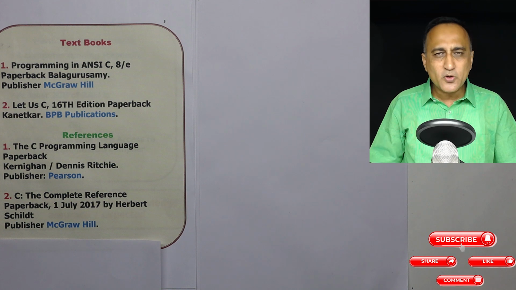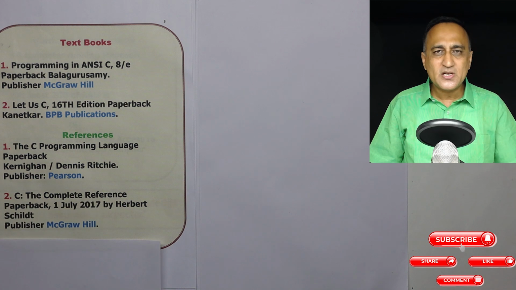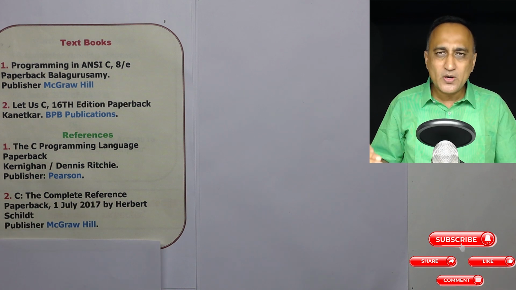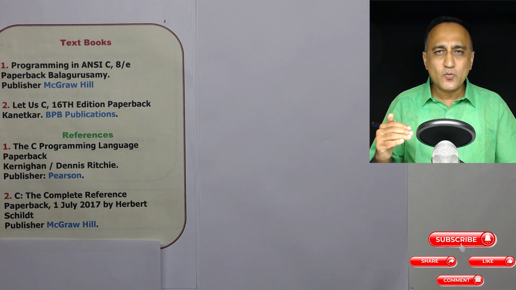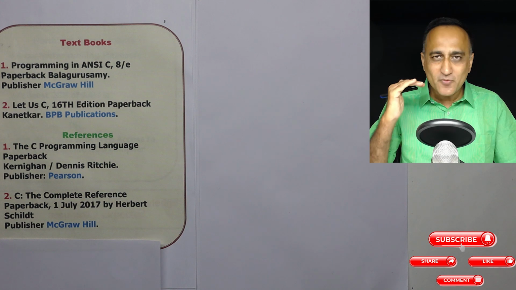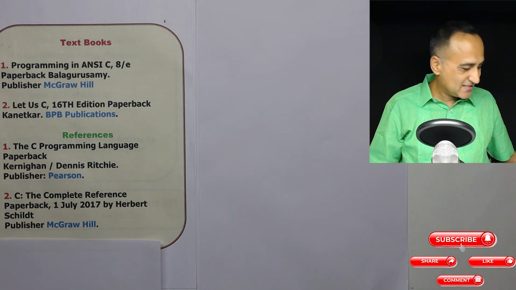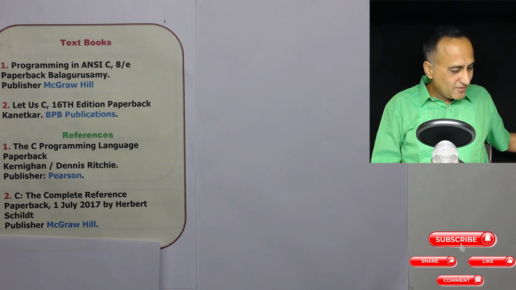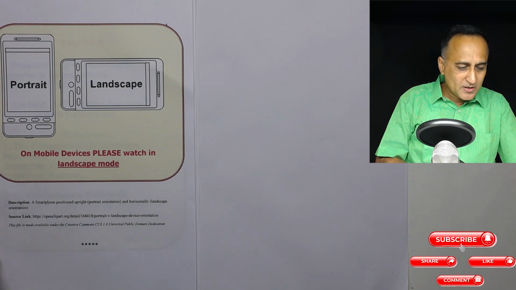But if there's one book I would suggest you buy for your life, I would say buy The C Programming Language by Kernighan and Ritchie once you complete this course. Because once you go to the industry or in the interview, if they ask you which book you have read, if you tell them that you have read this book, then the way they look at you, assuming you have really read it, is going to be very different, and you're regarded at a very high level, because this is the industry standard.